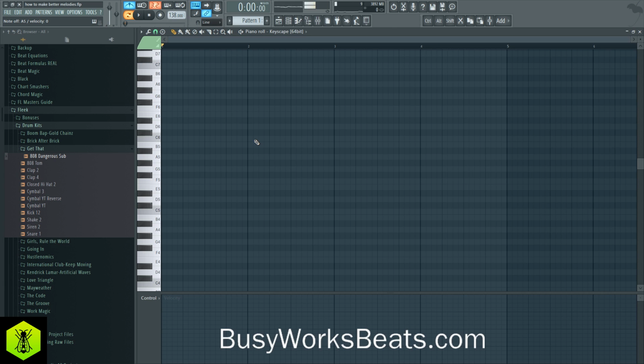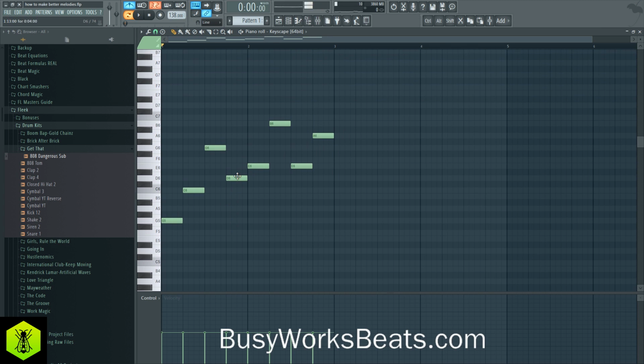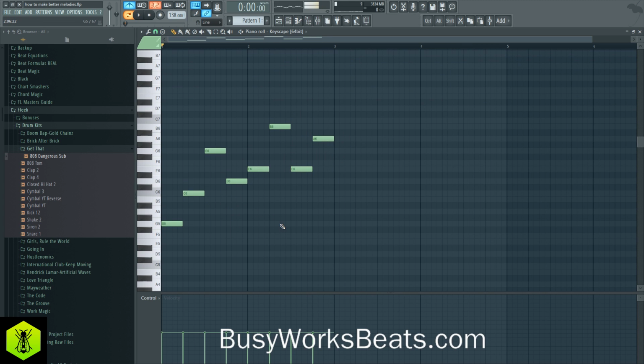So let's go over how to close gaps. Let's make a really awkward, weird melody that I would hear in some demo tracks. Now I'm so used to making melodies that make sense. It's kind of hard to think outside of the box and make it sound weird. So the first thing you want to do when you start singing, now this is actually kind of normal. It's not really out of the ordinary.